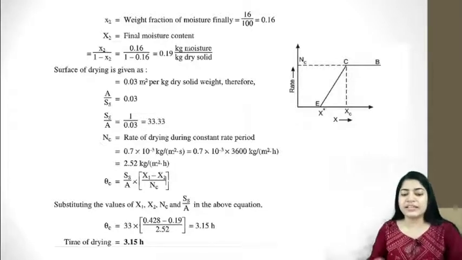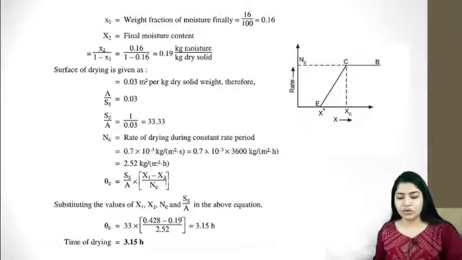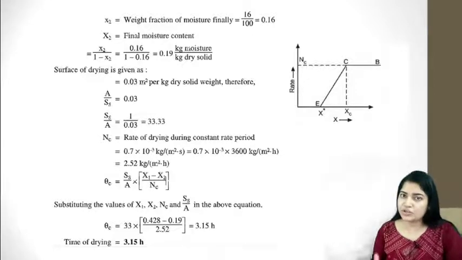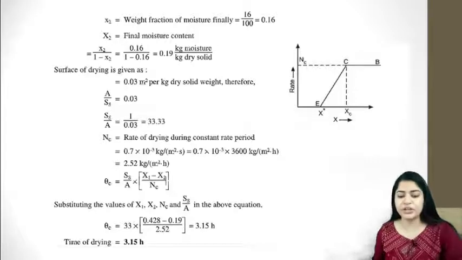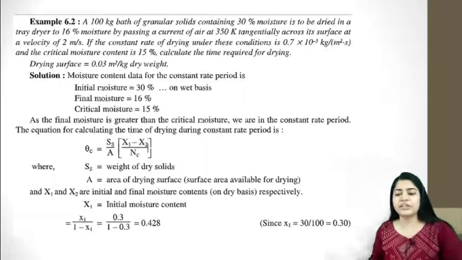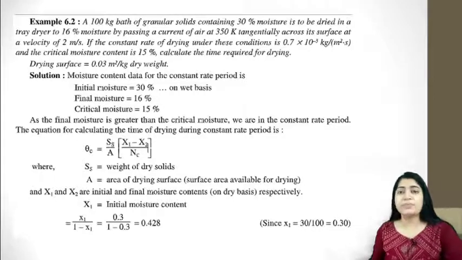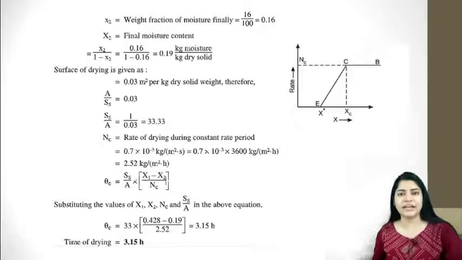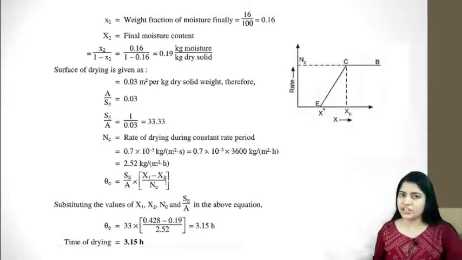Now just substitute all the values. Again NC, the rate of the drying period. Note down, the representation is always in hours, because in seconds the value would be very high. So you are given the rate as 0.7 into 10 raised to minus 3 kg per meter square second. You convert it into per hour by multiplying with 3600, because 1 hour is equal to 3600 seconds. Hence you get the rate as 2.52 kg per meter square hour. Now substitute all the values. So your time required for drying is